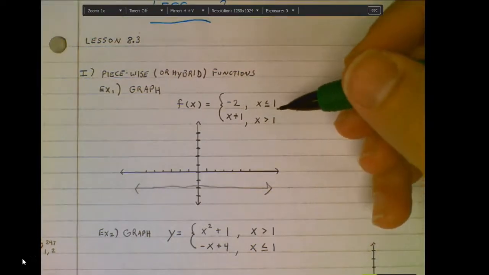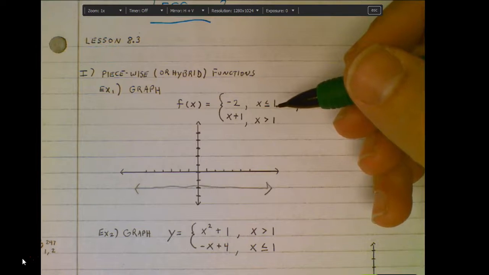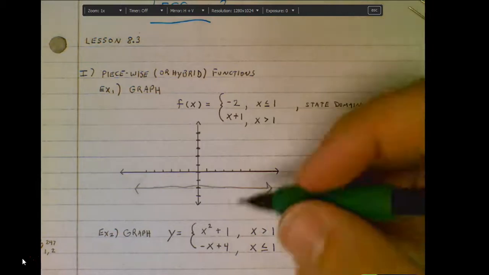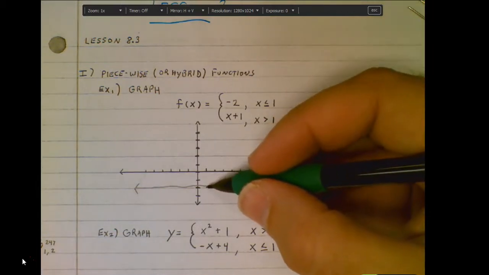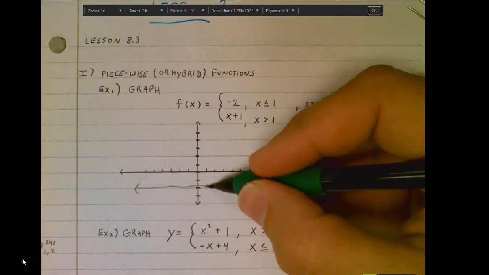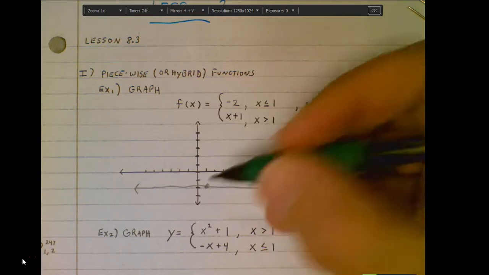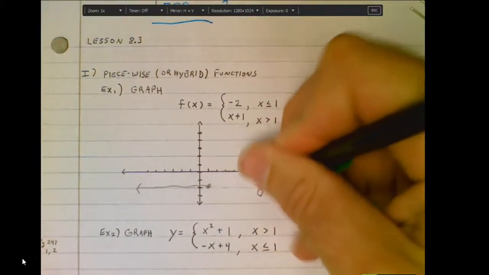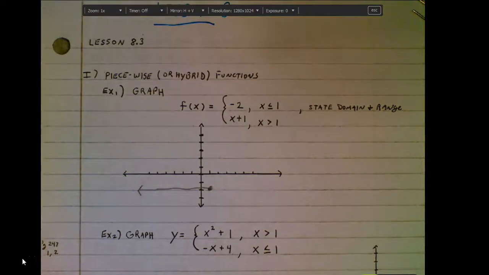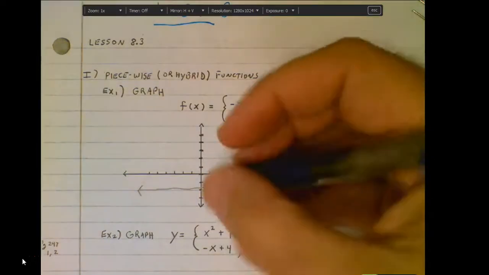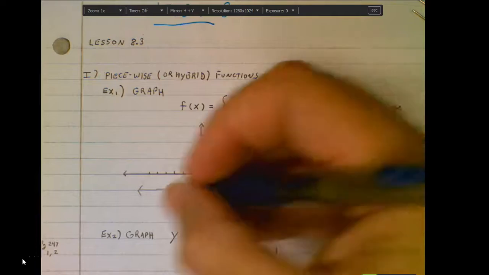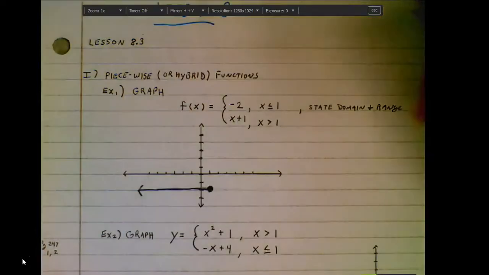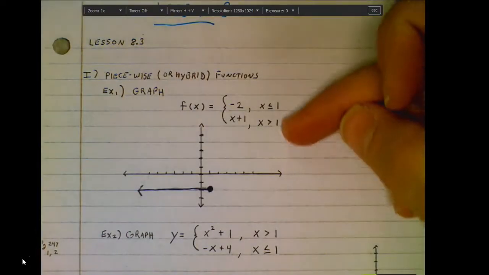But we have to now take into account that this graph does not go left and right forever. I can only limit it to the x's that are less than or equal to 1. And so here's where x is 1. And so I have to limit it to where x's are less than or equal to that number right there. And so it cannot continue to go on to the right. It's only headed off to the left. So now that I kind of have that one established, let me darken it just a little bit. So for that one, this is all we would graph for that one there